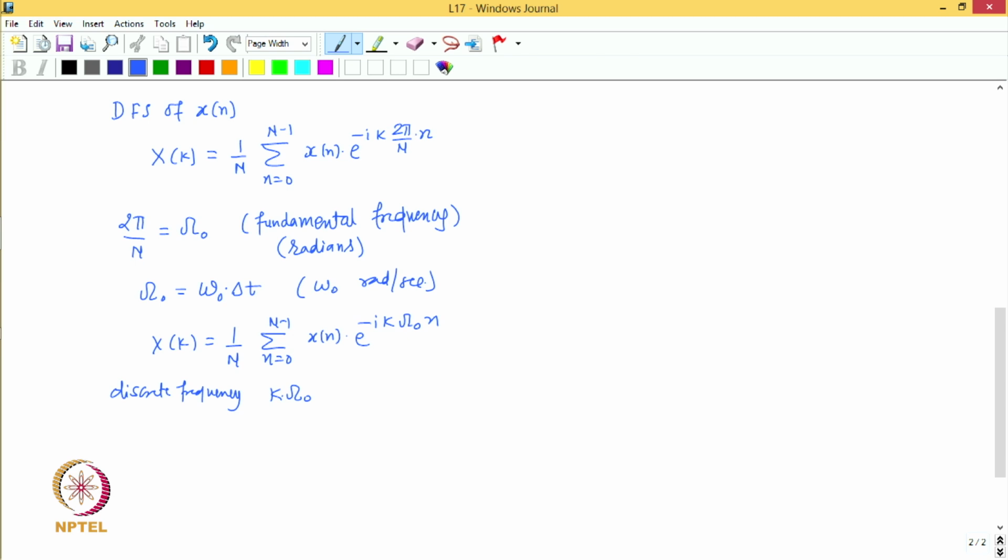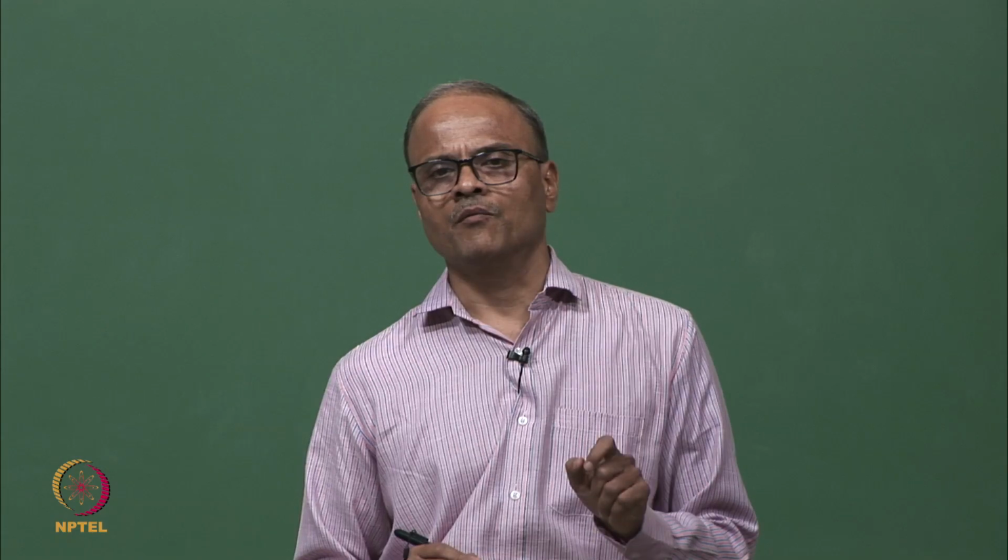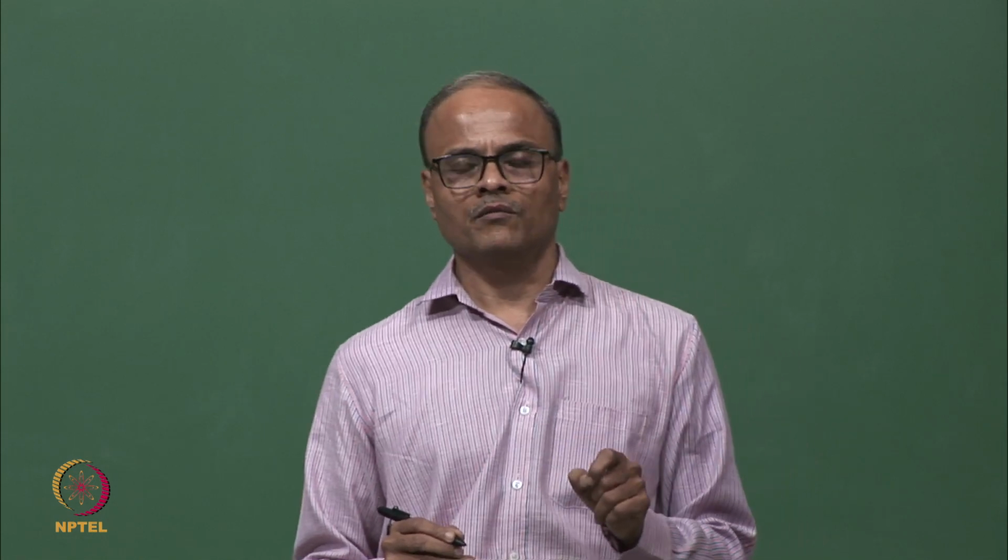No longer are the frequency components discrete, they become so closely packed that the frequency becomes a continuous variable, and therefore this k omega naught we should represent by a continuous variable omega. The limits in the summation would also change from n is equal to 0 to n minus 1 to, now because samples have become infinity, in both directions, n is equal to minus infinity to plus infinity. In addition, the strength of individual frequency component xk will also no longer be finite,